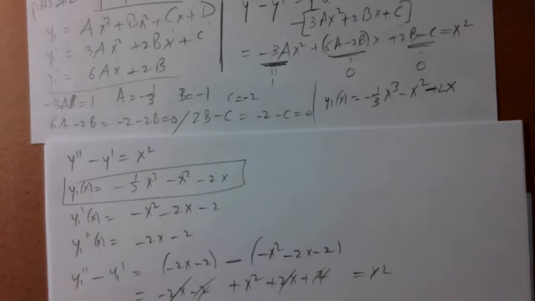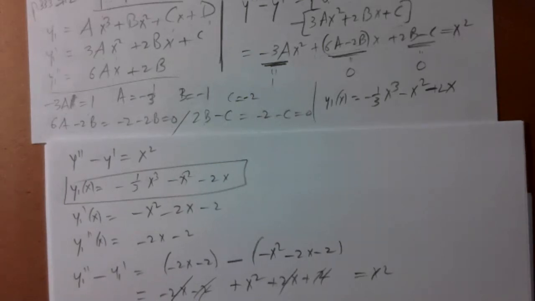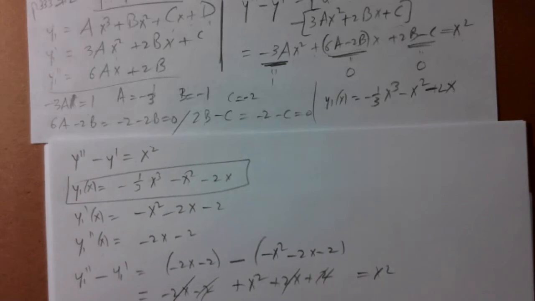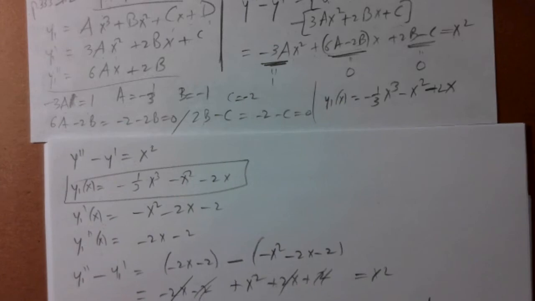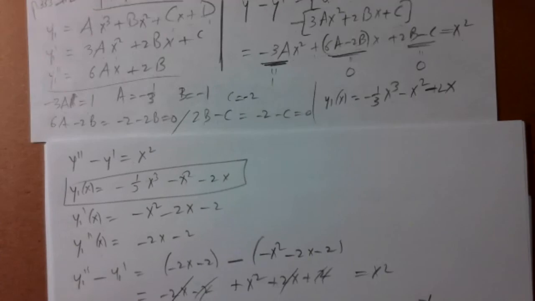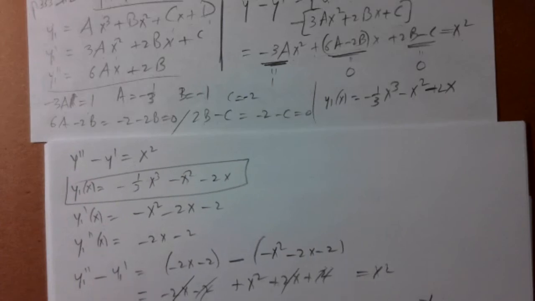To find the general solution, I need to find the general solution of the homogeneous equation, y double prime minus y prime equals 0. This is of the form y double prime plus a y prime plus b y equals 0. a is minus 1 and b is 0. So the discriminant a squared minus 4b is 1, which is positive. k is a half the square root of d, which is a half. So our general solution of this homogeneous equation is e to the minus kx, e to the minus x over 2,